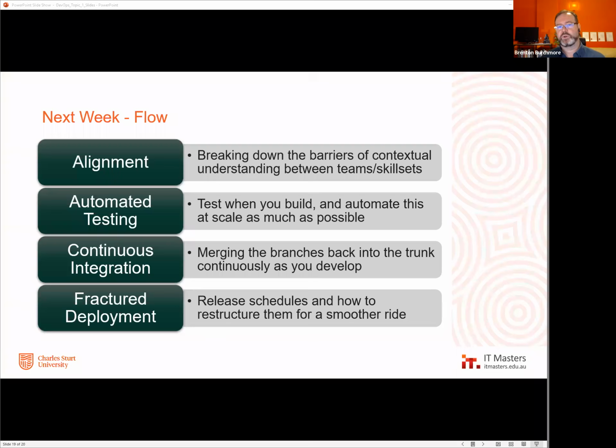DevOps does have quite a few champions. It has a few people that are trying to put more and more framework around it. It's been around for a while. It first came about in the late 2000s, 2007-ish is when it was first being used and talked about. But the things within it, organizations had already been experimenting with since the 90s and trying to figure out. And it continued to grow through the last 10 years.